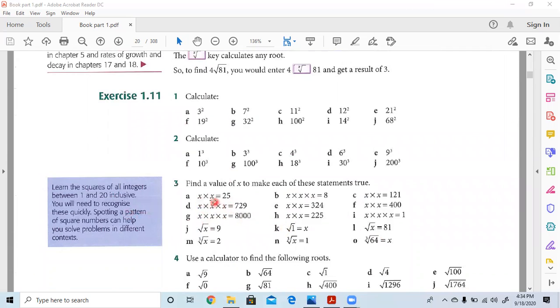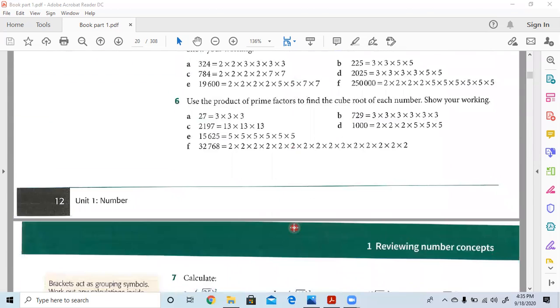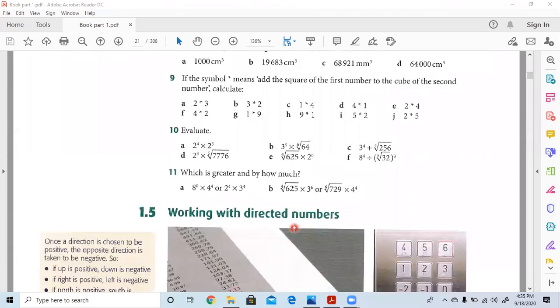Okay, so which two numbers do you multiply? What is x? You just find the value of x, which means 5. What is x? X is 5, because 5 multiplied by 5 is 25. So here, which number do you multiply to get 8? 2 multiplied by 4, 4 multiplied by 2 is 8. As it is, 11 multiplied by 11 is 121. So x is 11. Like that you are solving all the remaining ones. I will also show you the answers of these questions.